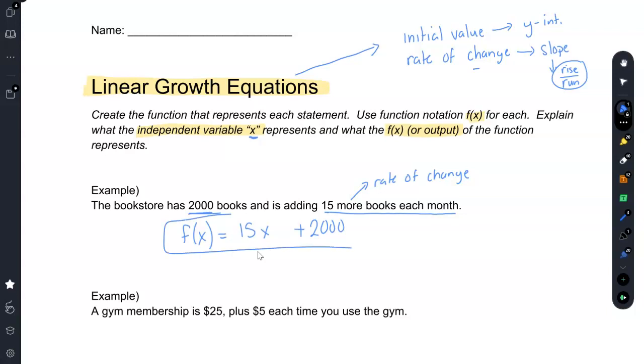So I have f of x equals 15x plus 200. And if you just give me that, you have given me the function. So you've given me this part. But what you haven't done is tell me what the independent variable is and what the output represents. So x represents